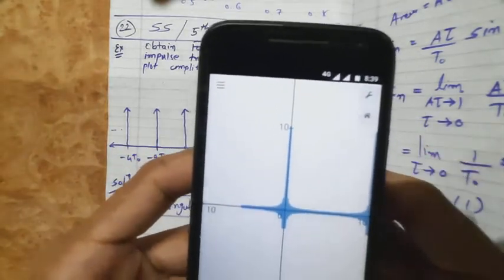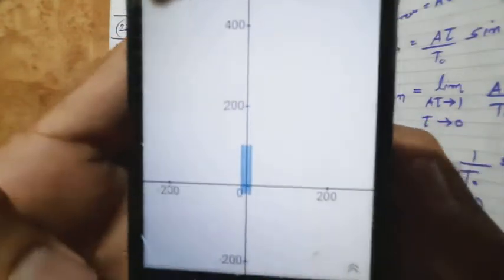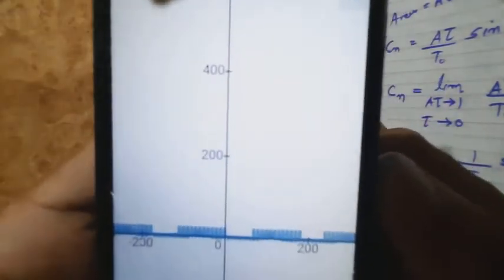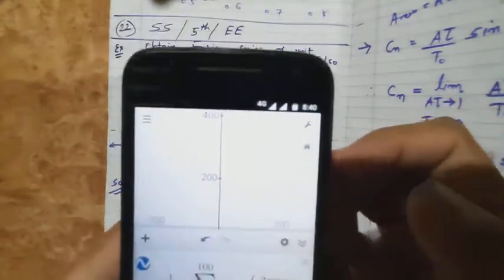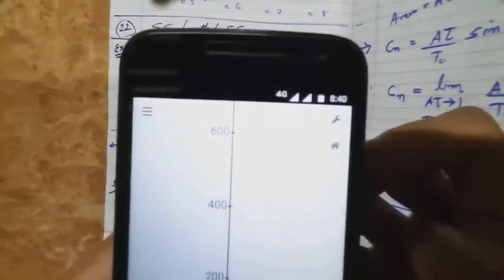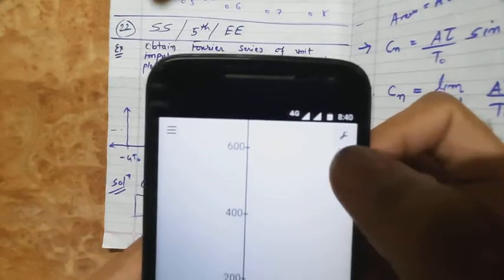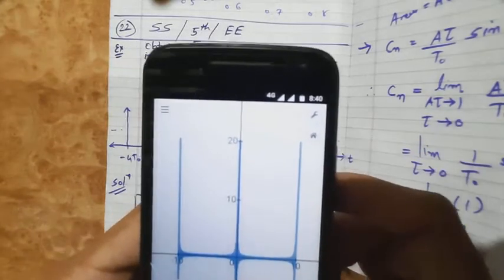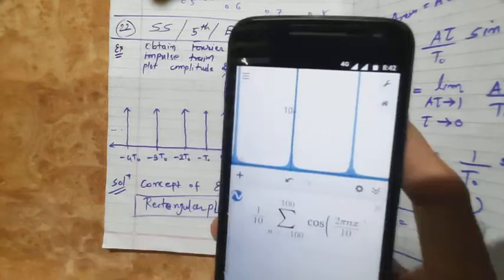It will take some time. Okay, negative 500 to 500 is not going to run in the simulation, so I just change the limit to negative 100 to positive 100, and when you press the home icon, see it is still deflected. Yeah, now it is getting straightforward. Let's wait for a few minutes.